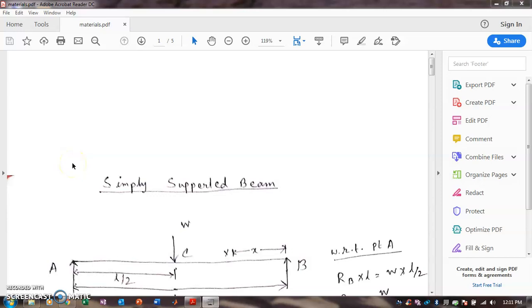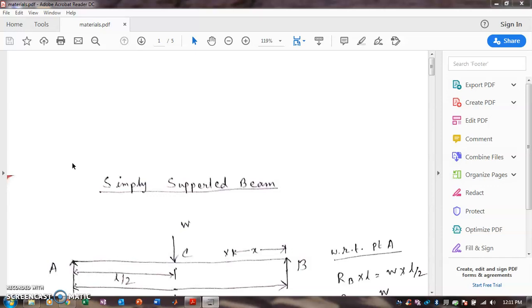So, in the last class, we started the chapter shear force and bending moment diagram, and today we will discuss the second part of this chapter, that is shear force and bending moment diagram for simply supported beam or SSB. So, at first,